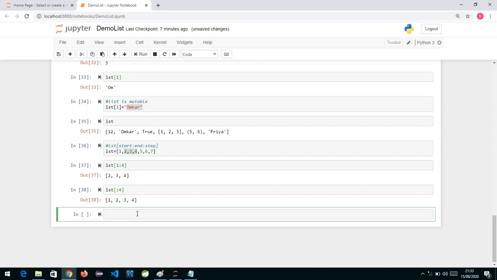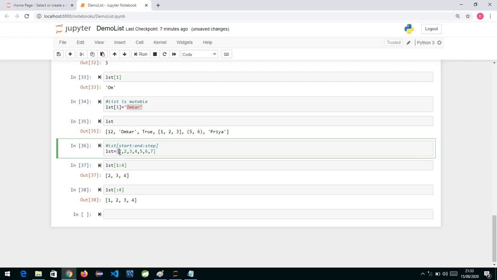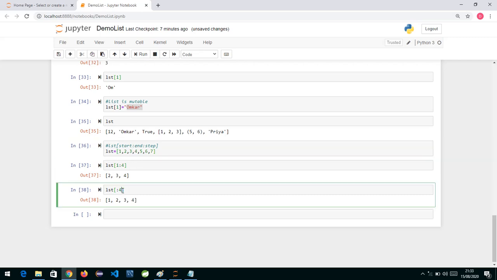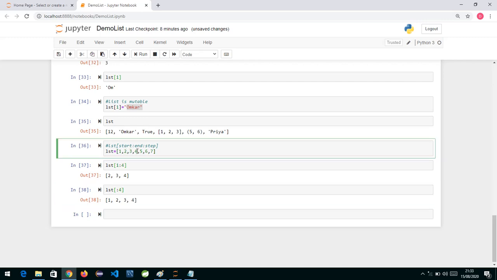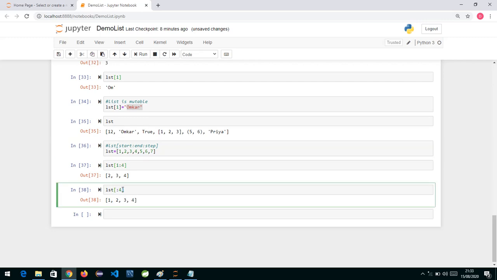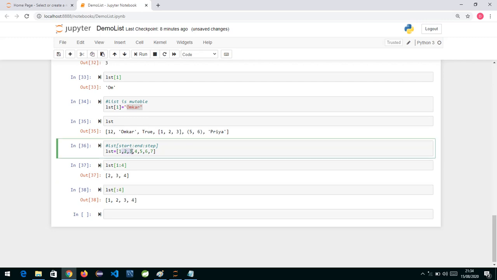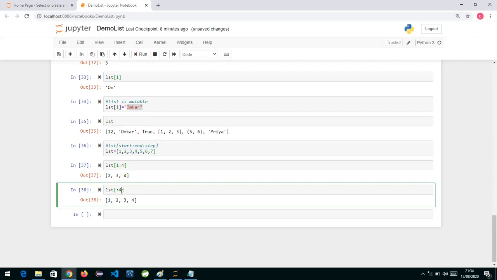So it has started extracting from the first position, that is 1, and since I said till 4, it will extract till the third position: 0, 1, 2, 3. Here 4 is an index, and 1, 2, 3 are actually the data. So when I say 4, I'm talking about the index.